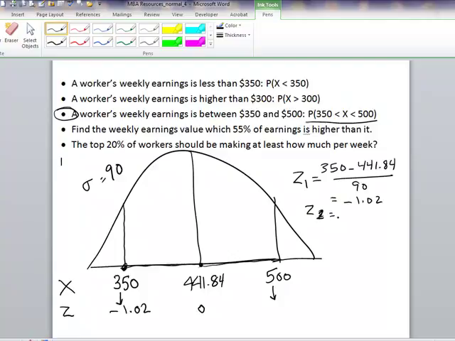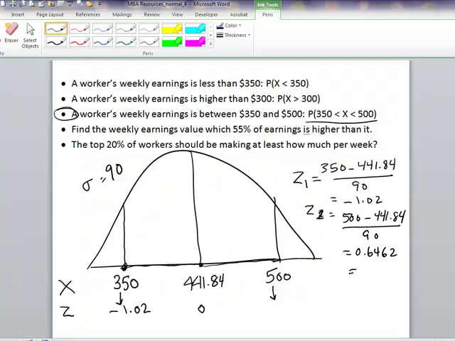Z2 is computed as 500 minus 441.84 divided by 90, which in an earlier video we found to be positive